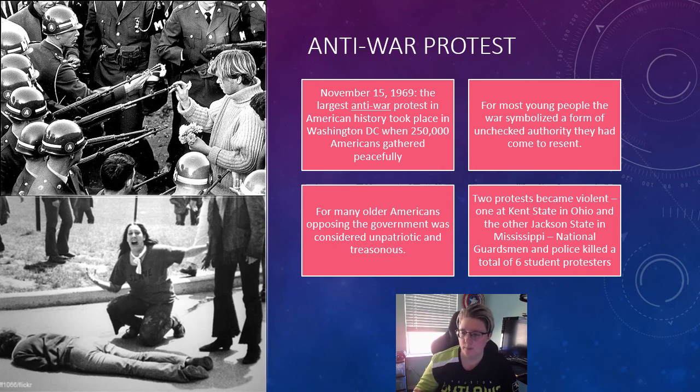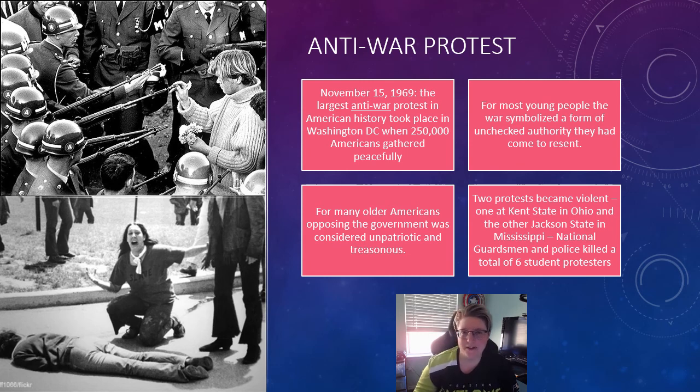They're watching their brothers and their friends go off to fight in what they considered to be a war that really didn't involve us. And to be honest, it didn't. It was a civil war that we involved ourselves in. For other Americans, particularly older Americans, the idea of opposing the government was just downright unpatriotic and treasonous, which I